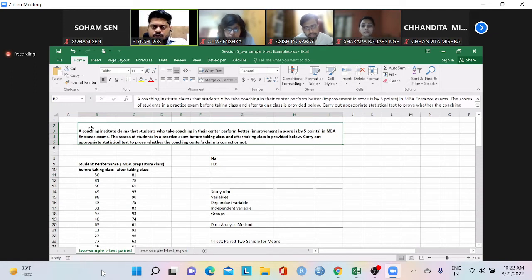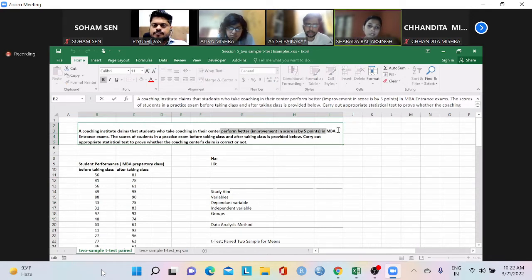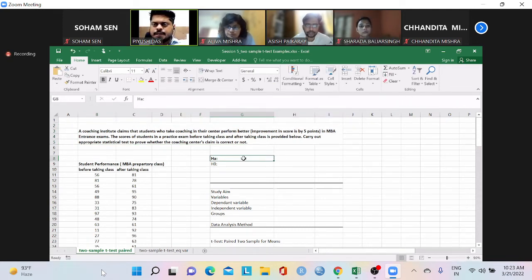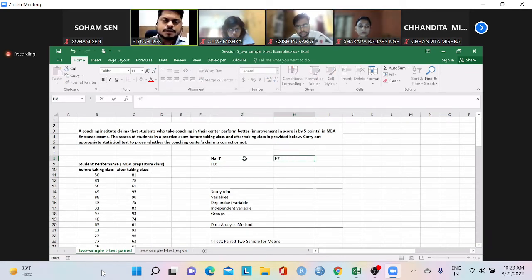Before going into the test, let us try to find out what is our alternate and what is our null hypothesis. What will be our alternate hypothesis? What we are trying to prove here? Performance is better. Yes, I think the score is more than 5. Okay. So somebody, the center, is claiming, and let's say we are doing that research. Our research objective is, whatever data we have, we are trying to prove that for our coaching center, whichever coaching center that is, right? So what they are saying, sir,